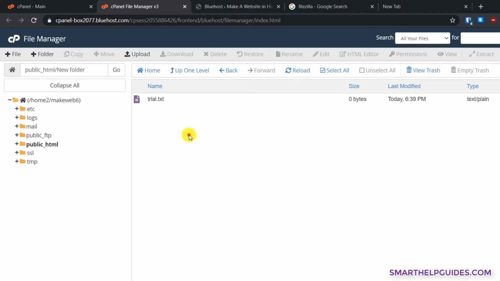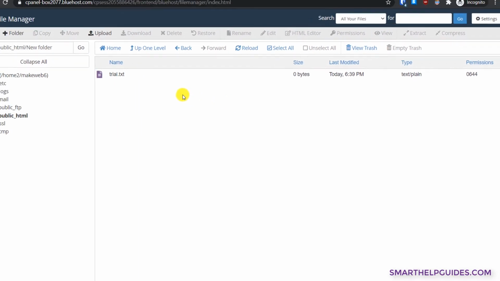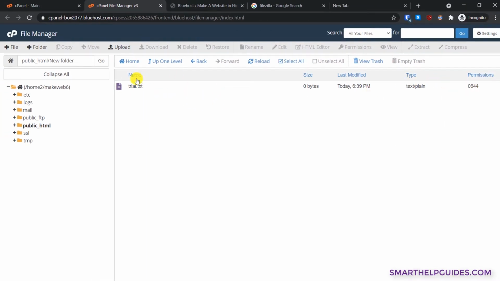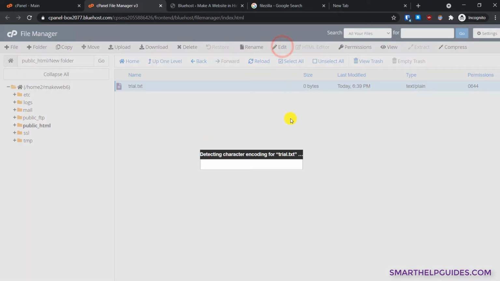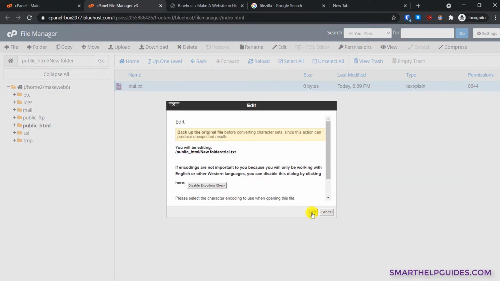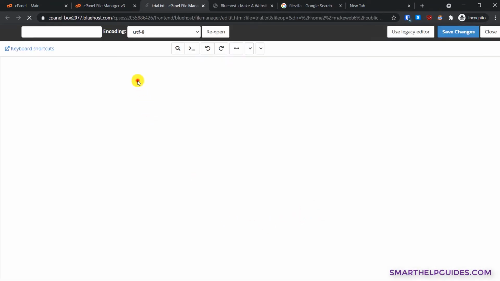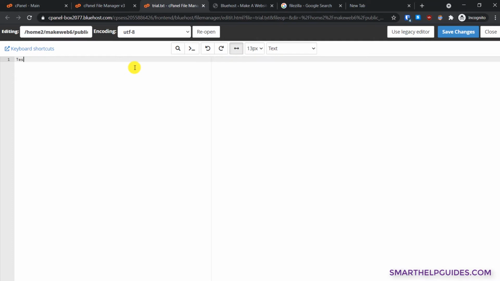Now I will explain the permissions to you. First let me edit this file, as this is empty. Select this file and click on edit. I will just enter test.